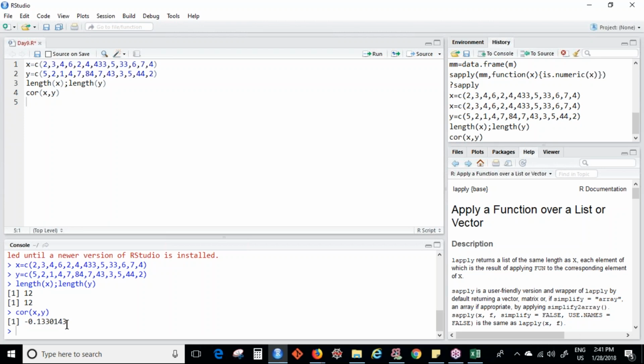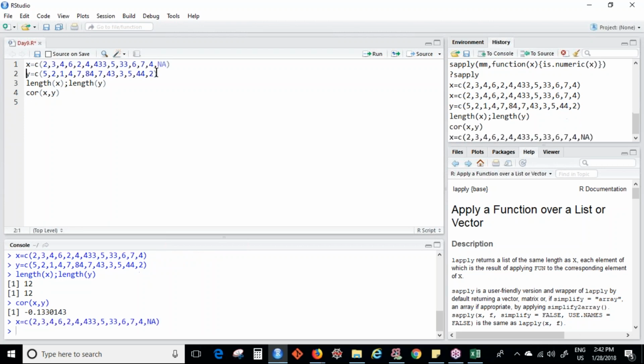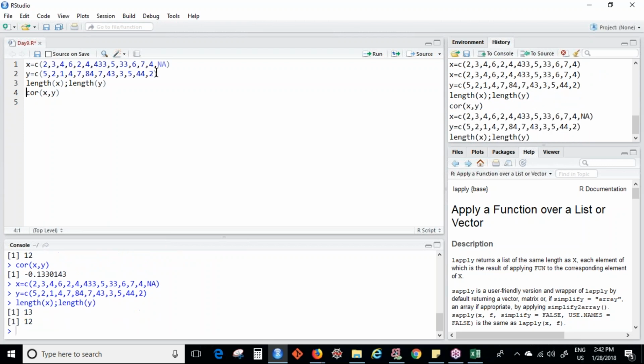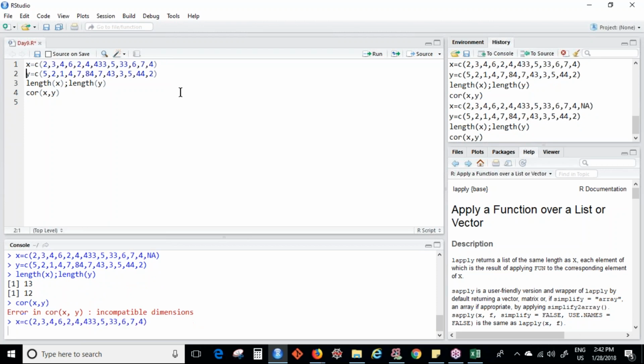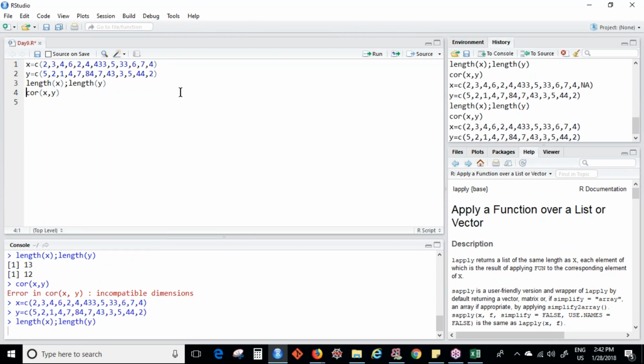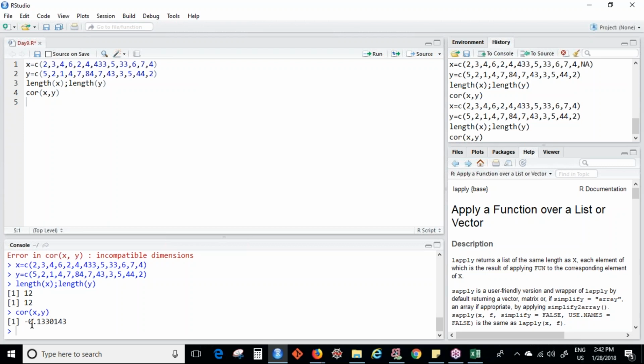That means they are inversely related to each other. Okay, so if they have an NA, you will get an error. So let's say X has an NA now. So one is 13, one is 12. If you find the correlation, you will get an error. Incompatible dimensions. Okay, they are not equal. So you will have to delete your NA and then do that in that case. So the correlation is minus